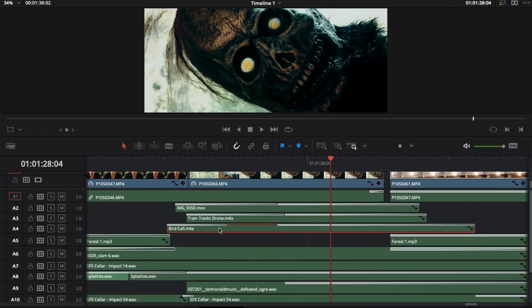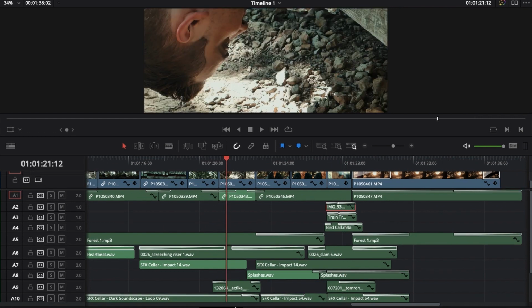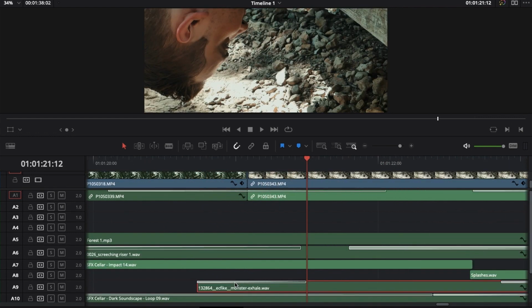There's a bird call, and this sound effect came from a video I got of a turkey. It was a single turkey in the woods as I was hiking, and it just called in the distance, and I pitched that down, and that combined with this growl as well,